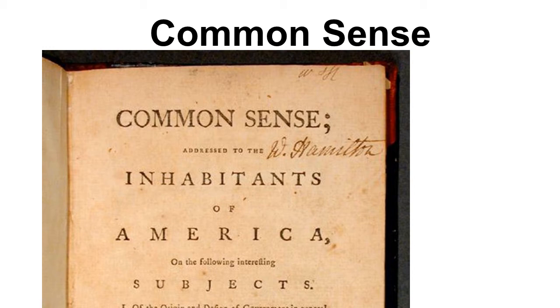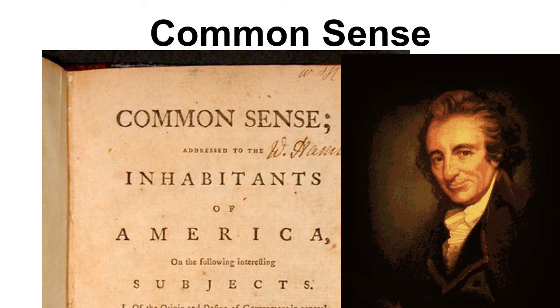People in America are still divided whether or not the Americans should go to war with England. Many people still consider themselves British. And one of the things that really encourages people that Americans should reject this rule by a king and this parliament, which isn't creating laws for regular people, is this. It's called Common Sense, and it's written by a man named Thomas Paine, who is this fellow here on the right.